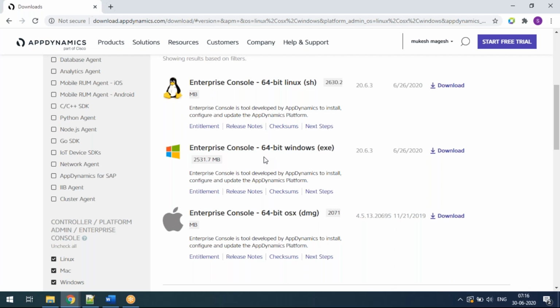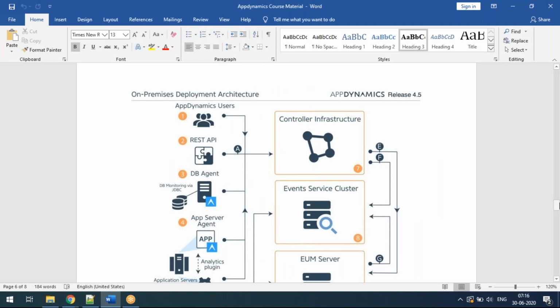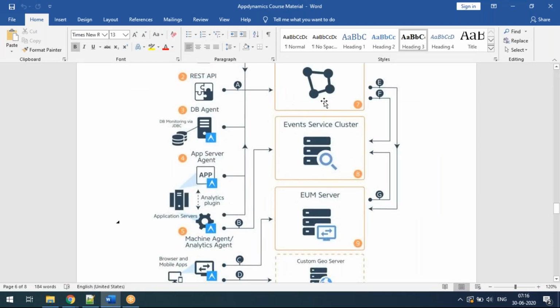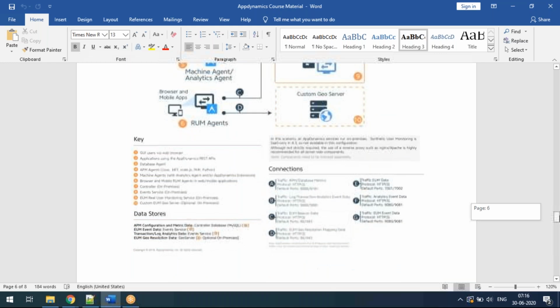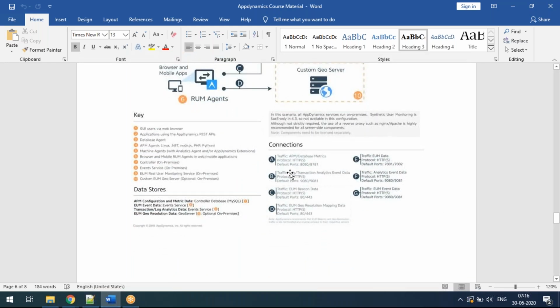That is the difference between your on-premises and the SaaS model. That's the structural representation that they mentioned. You have controller, event services, those things, and then end user monitoring and geo servers are additional value-add components.